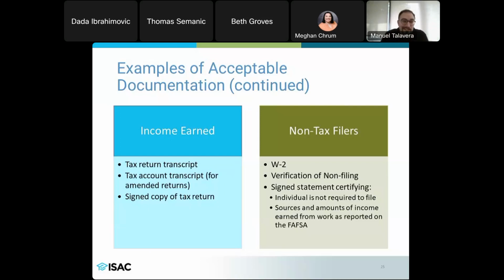And then for non-tax filers, which is new this year: if someone didn't file taxes, the direct data exchange will indicate that there is no tax return on file for that individual for that year. In the past, they've had to submit a verification of non-filing, proving that the IRS doesn't have a return on file. Keep in mind that doesn't indicate whether they're required to file or not.